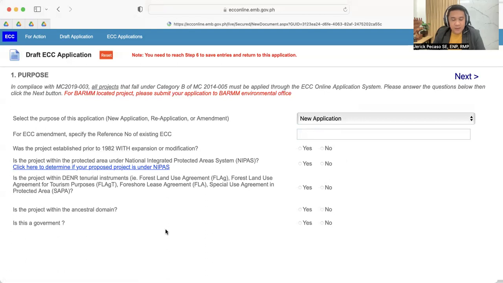Proceed with the other screening questions, like: was the project established prior to 1982 with expansion or modification? Yes or no. Is the project within a protected area? Yes or no. Is the project within DENR tenurial instruments? Yes or no. Is the project within an ancestral domain? Yes or no. Is this a government project? Yes or no. After that, you may now proceed with step number 2,